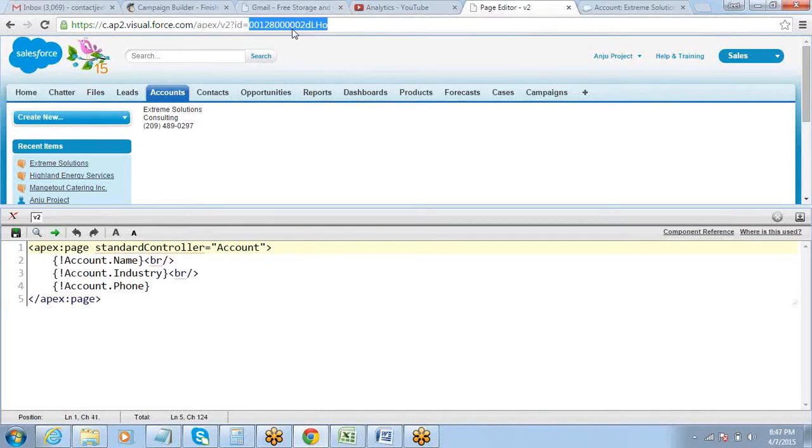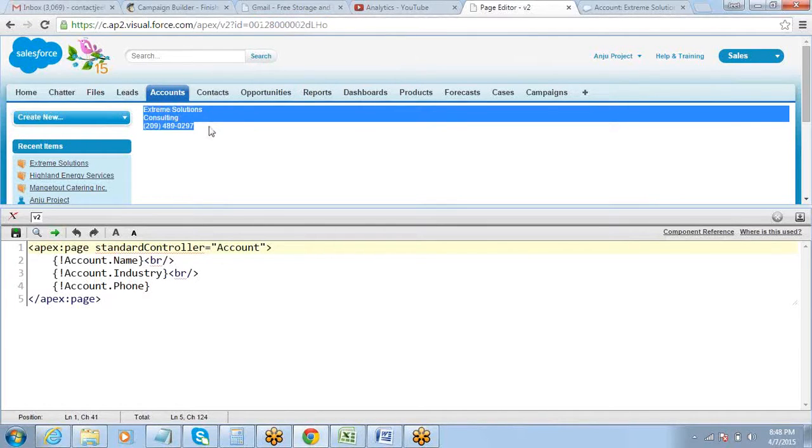And this ID thing can be made dynamic so that it gets automatically populated. We'll talk about that, how we can actually populate the ID automatically and stuff like that. But that can be made dynamic, and that can change on its own. So we don't have to supply the ID every time. Just that we have to understand this logic, how this page is created and how it is connected with the backend database object, right? So it creates a generic page for you, and this ID needs to be supplied in the URL. Based on the ID, it picks the record data and displays it on the page. Is that correct? Everyone is okay on this?